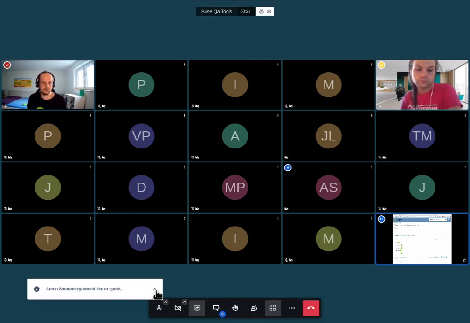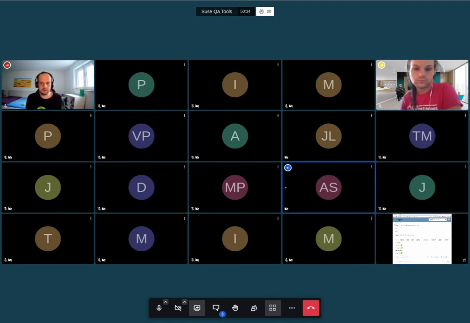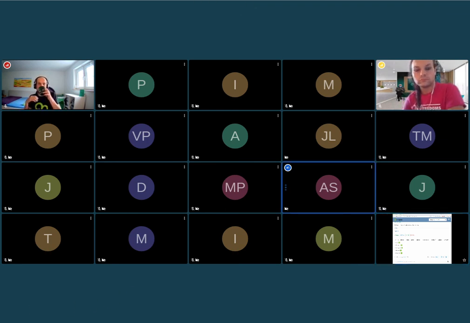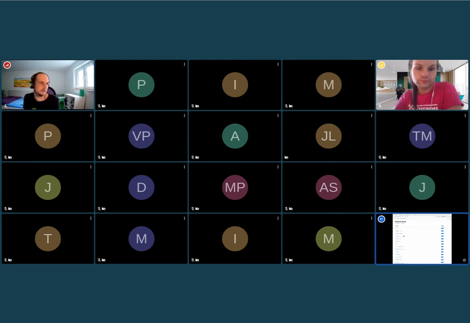Anton? Yeah, it just came to my mind. I have no idea what is QRM dashboard. You were mentioning it. Okay. Well, I can show you, and then you get a glimpse of how it can look like. So basically, this is the dashboard. It's very much centered around incidents.